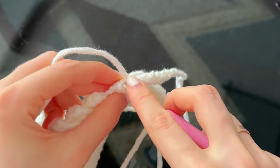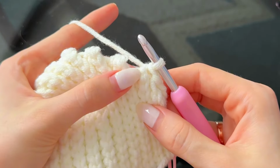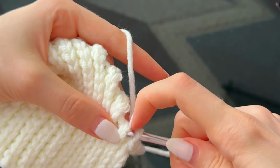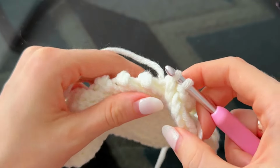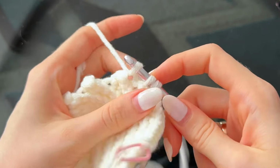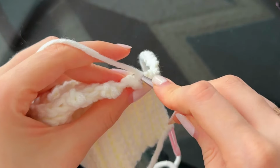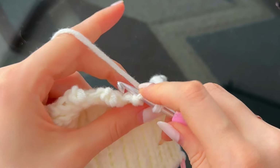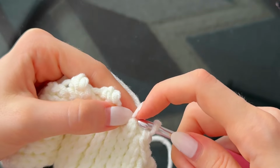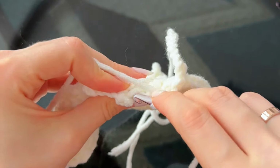Make slip stitch, then insert the hook into the little bump above the braid, like this, and into the next stitch right here, and make a slip stitch. Then into the next stitch, make slip stitch, then into the little bump, and into the next stitch, make a slip stitch,